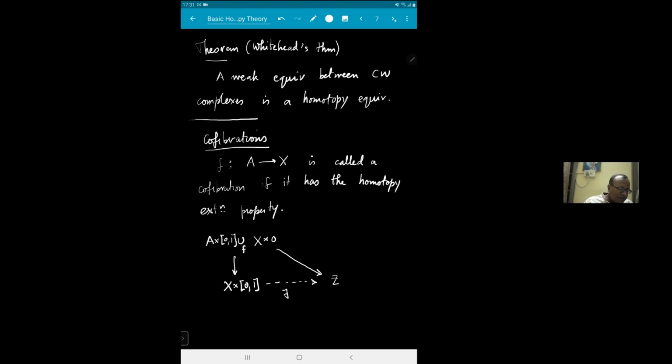Okay, it's a cofibration if it has the homotopy extension property all the time. And the main example here is if you put